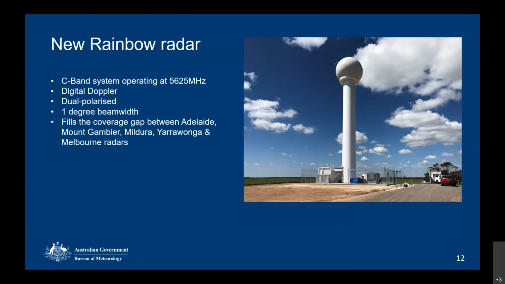It's a 1 degree beam width radar, which means it's got a very large antenna, highly accurate. It puts out a 1 degree beam, so it spins around. It starts at half a degree off the horizon, then goes up into 14 elevations throughout its 6-minute scan period. So it builds what they call a volumetric picture, starting at half a degree all the way up to 30 odd degrees, showing what's happening in the atmosphere.